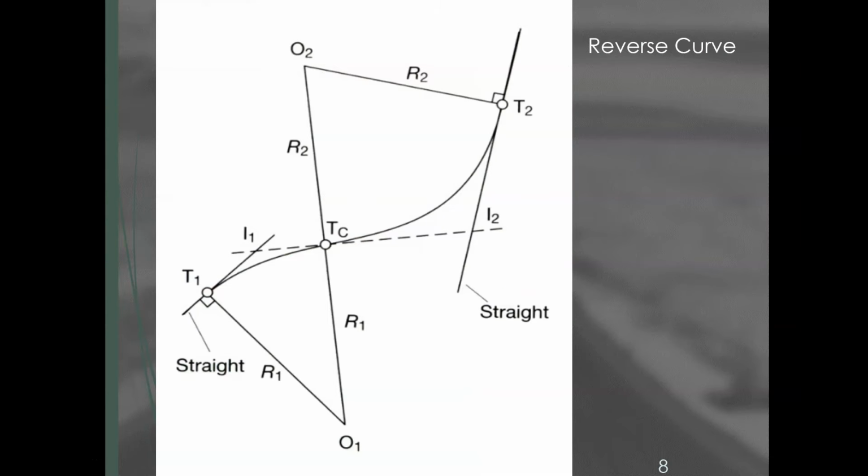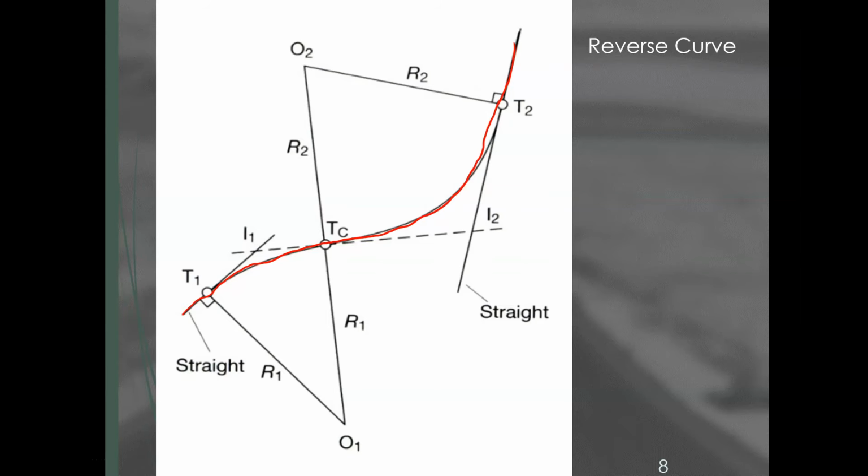And at the same time, we also have what we term an S-curve, which is simply a curve that turns first to the left, in this case, and next to the right. I think you come across a lot of this kind of curve when you're traveling along the highway, especially when it cuts through a mountainous or undulating area. Okay, so that's a reverse curve. So we have simple, we have compound, and we have reverse.